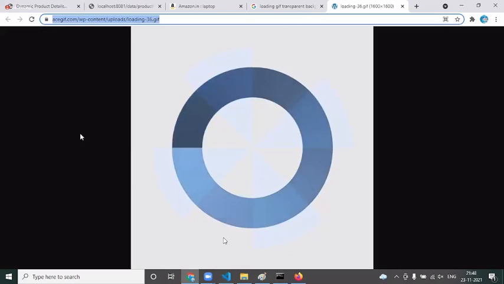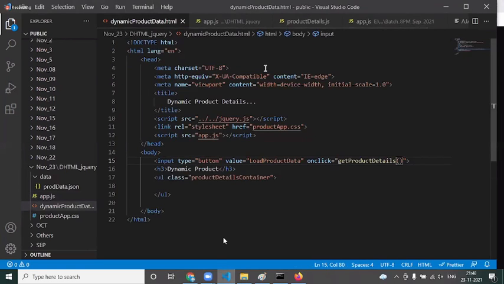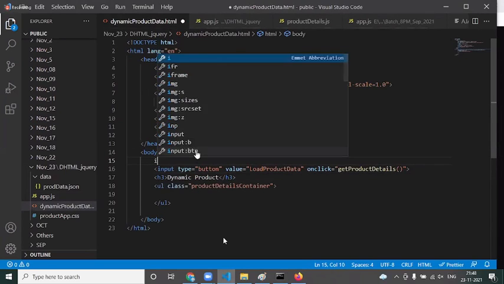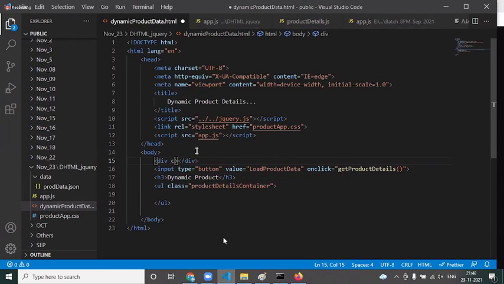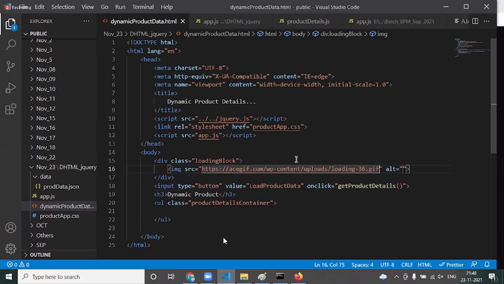I copy this image and will add it into my web page. Go to your HTML page. I create a simple div with class equal to loading block. Under that, img src is so and so. Now I give some CSS.